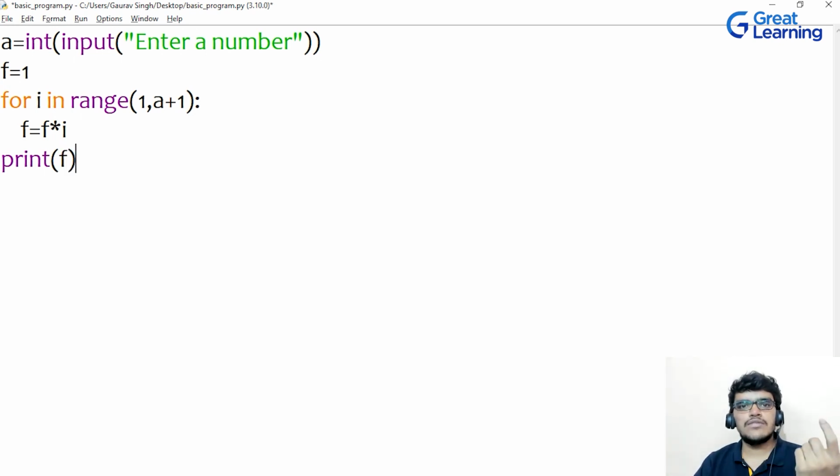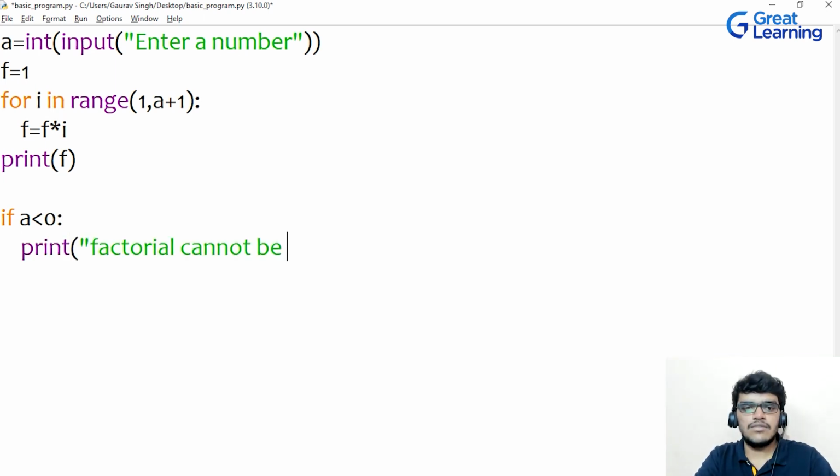But what about if somebody is giving the number as a negative? Let's suppose if somebody is giving as -1 or -2. So we know that factorial of an integer can't be negative, right? So let me write here condition. So the first condition I'm giving here, if a less than 0, so let's say I will say factorial cannot be found. Now, next condition, what can I have if a number has been given as 0? So we know that the factorial of 0 is 1.